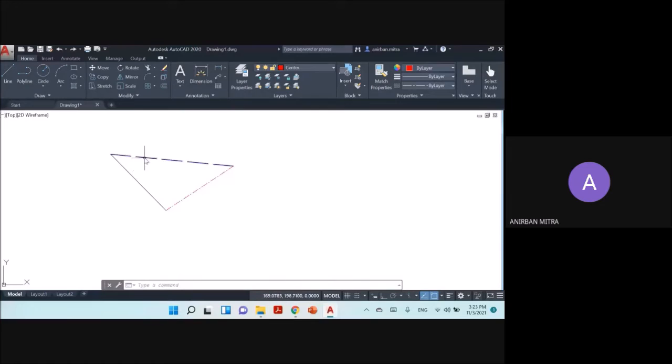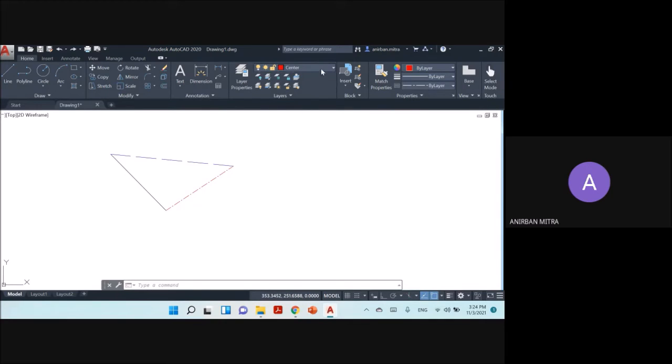Another thing to note is that these dashes are of double the length as compared to what it was previously when the line type scale was 1. Now the line type scale is 2, so these lengths have become double. So that is how you can control it.